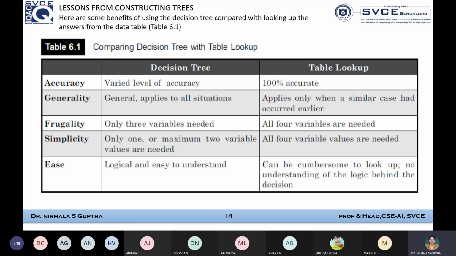If the variable has a continuous value such as age or blood pressure in a patient data set, then we need to take a range of values. But in our data set there were no ranges. It was very fixed: low, high, moderate, mild, cool, normal, hot, and true or false for windy, and play is yes or no. It was a very specific data set. But as data sets vary, when you do the split you need to see the data set to decide what values of the split to consider for the most accurate decision.